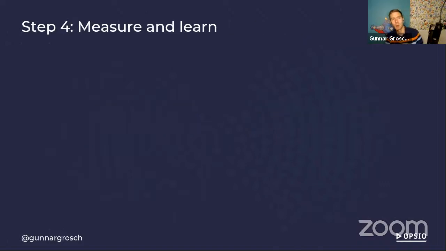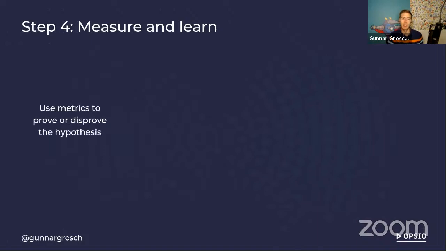All right, so now we've created our experiment and we've run it. Now it's time to actually look at the result from the experiment. So we use the metrics we set up earlier when we set the steady state, and now we want to prove or disprove the hypothesis. If the primary database goes down, we move to the fallback database. Well, that's a fairly simple hypothesis, and we can then look at the metrics. Was that what happened? Did we move to the fallback?